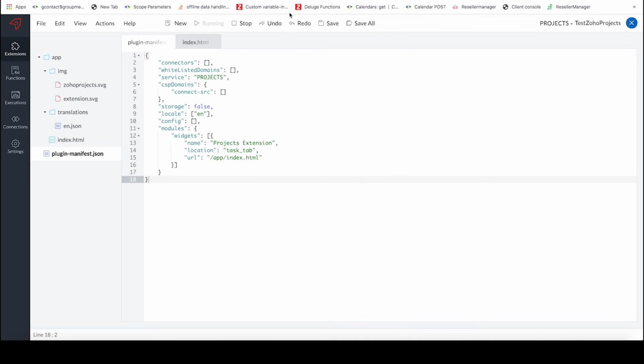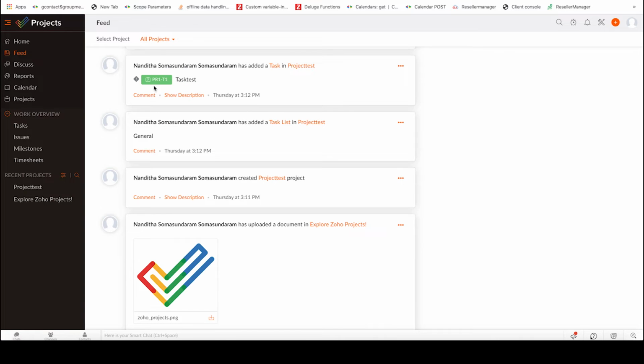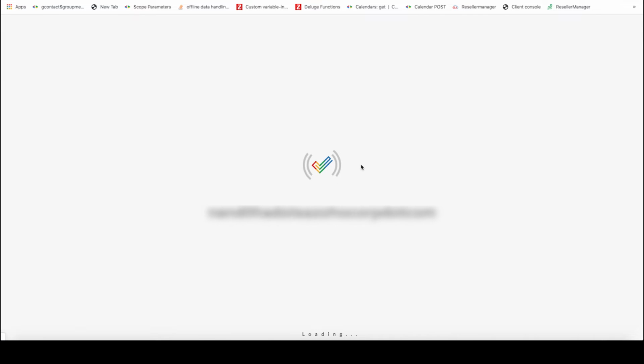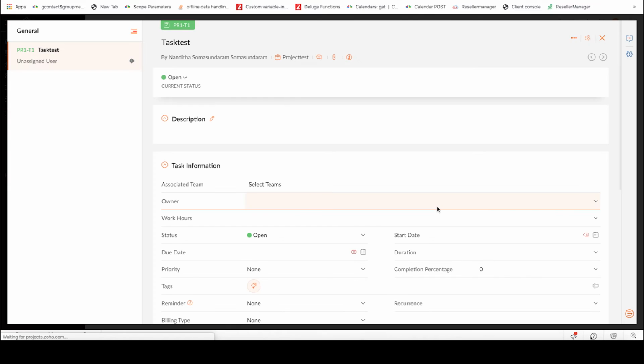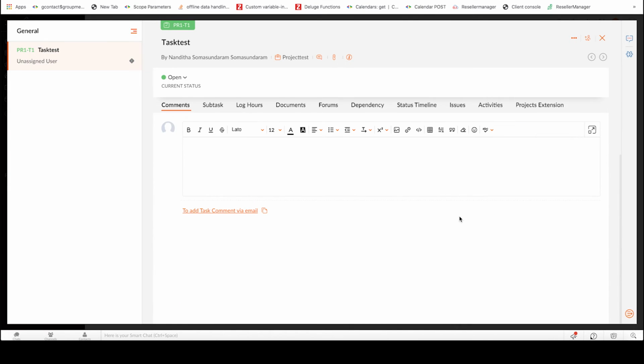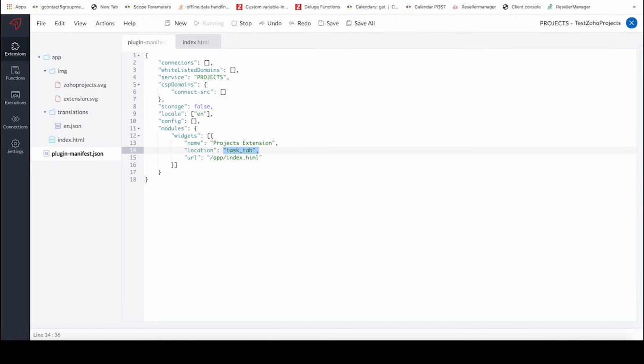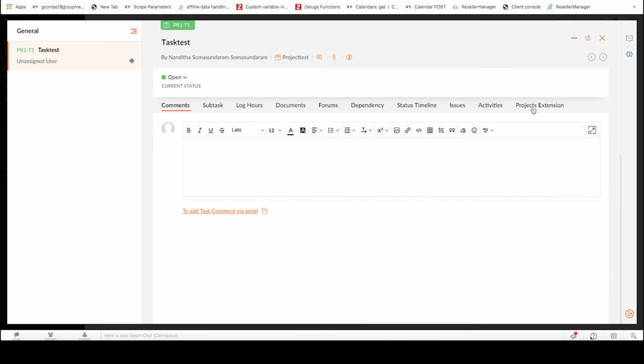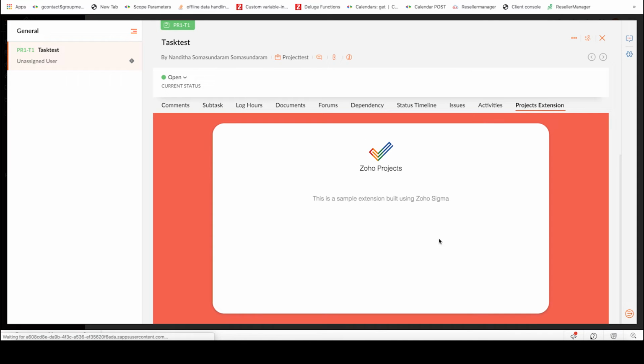Since in this plugin manifest file the location where the widget needs to be loaded was task tab, let's go into a task and check its tabs. You can see that projects extension is the name of the widget which is given in the plugin manifest file. Here we are choosing that, and you can see that the sample widget has been loaded.